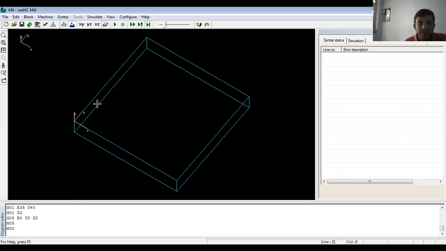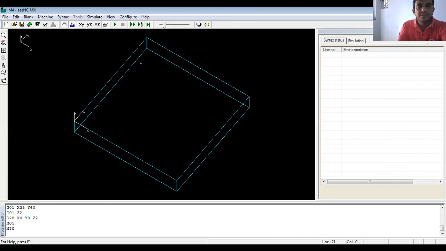X and Y are where the workpiece is fixed. Using the right hand rule, the forefinger shows the Y axis, the middle finger shows the X axis, and the thumb shows the Z axis, where the cutting tool will come and perform its operation.